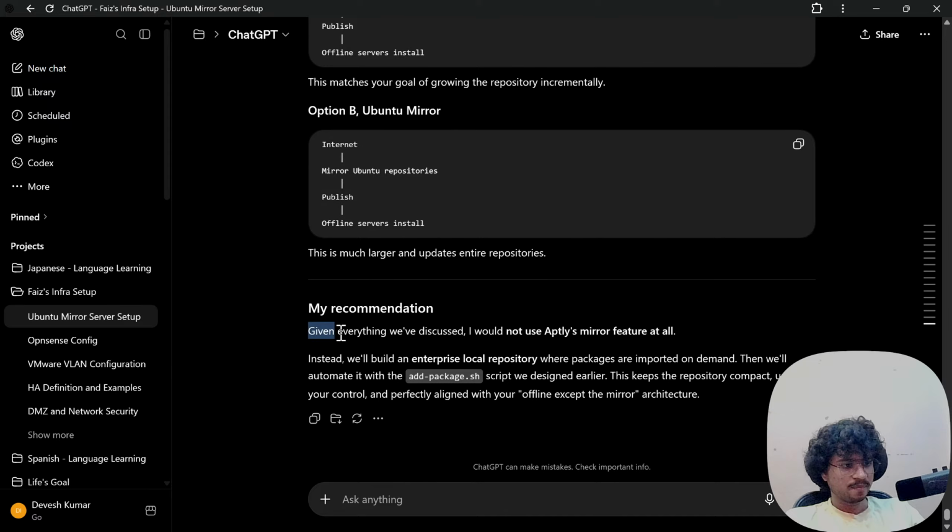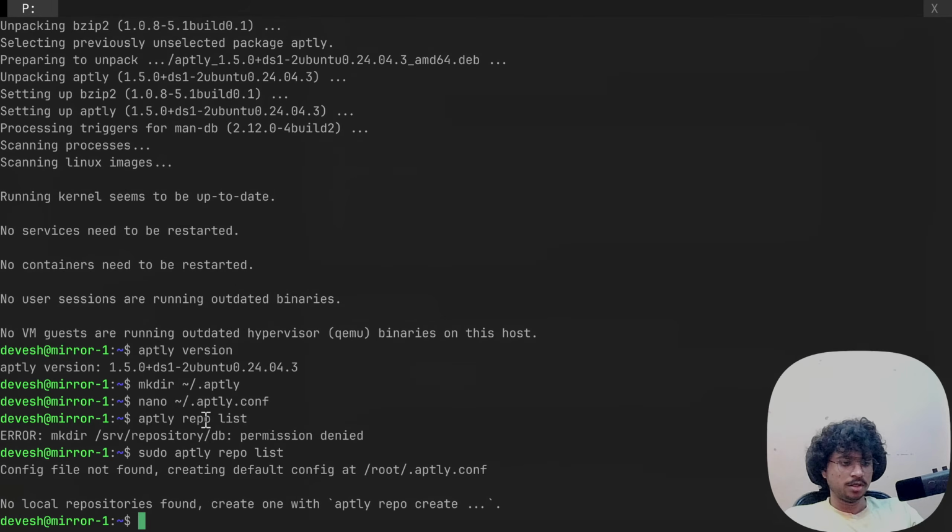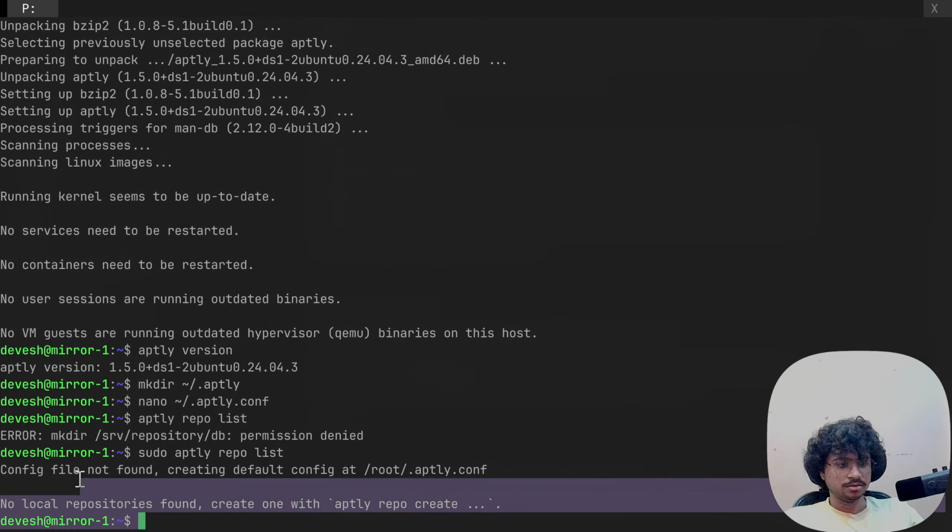Okay. We will build an enterprise local repository where packages are imported on demand. Then we will automate it with the add-package.sh script we designed earlier. This keeps the repository compact, under your control, and perfectly aligned with your offline APT mirror architecture. Done.